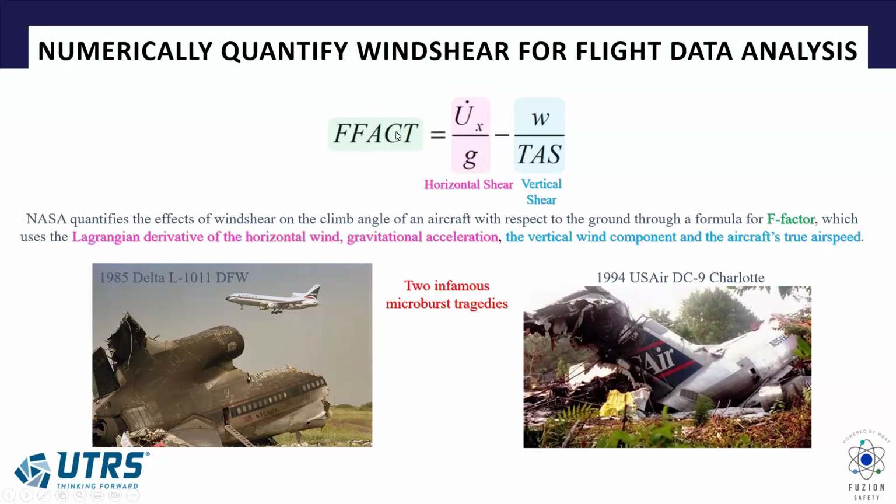NASA was kind enough to give me an equation to use to look for that. Unfortunately, some of the stuff that's in here isn't recorded in the aircraft, but digging deep into the web, they also provide some formulas. Like this one is the vertical wind component, not captured, but by using the vertical velocity and some other parameters, we're able to grab it and meld it into this formula to give us a good number.